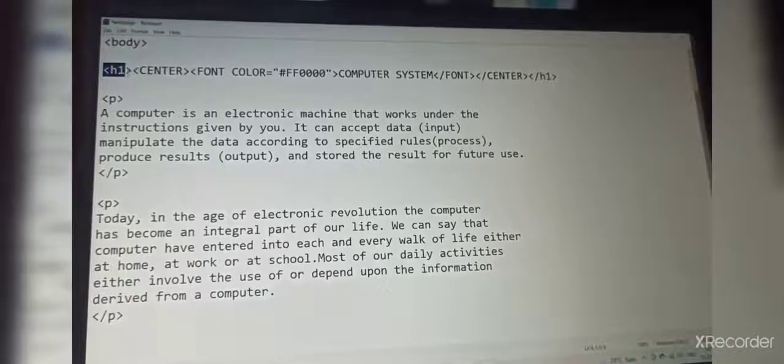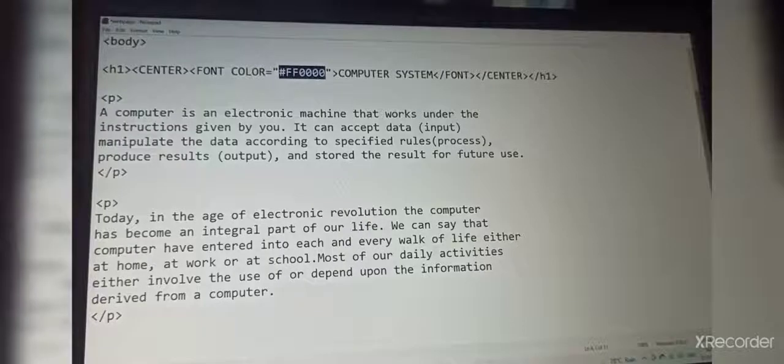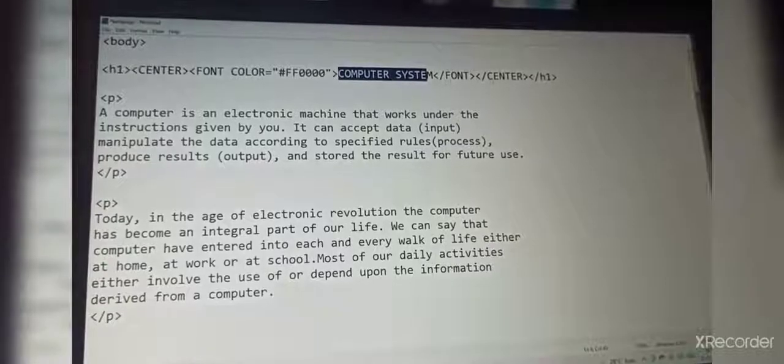Here in the H1, H1 is nothing but for heading, and that heading will display on a web page in the center. In the font tag we have given a color attribute, with a hexadecimal value, and in that we have written the computer system. Then we close the font, close the center tag and close the heading tag.